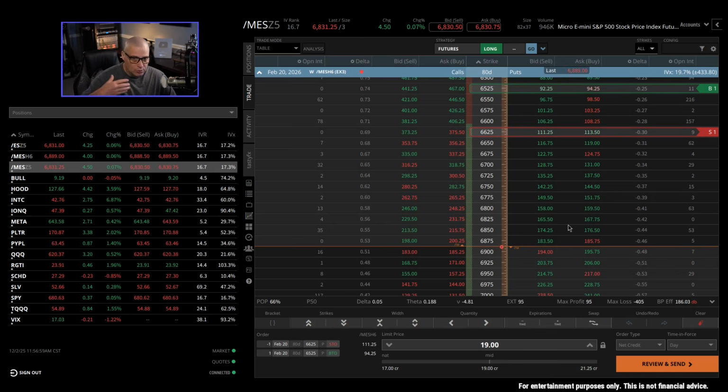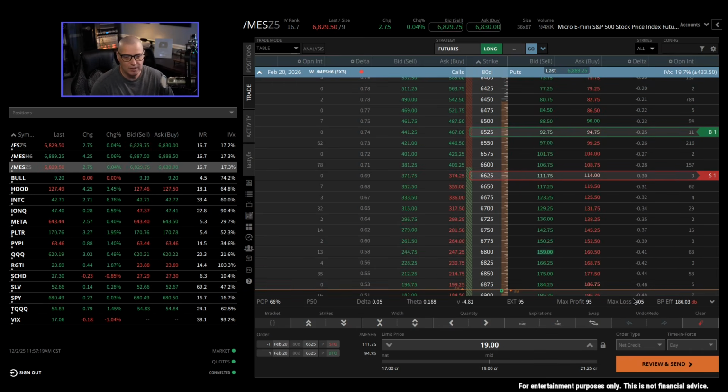So the closer you get to being in the money on this spread, and as time passes, the buying power reduction can and probably will rise on you, especially as the trade goes against you. So eventually this 186 buying power reduction could be 405. Now 405 is the absolute max buying power reduction you'll ever have on the spread because that's the absolute max loss that could ever be possible on the spread. So it can't be greater than 405,